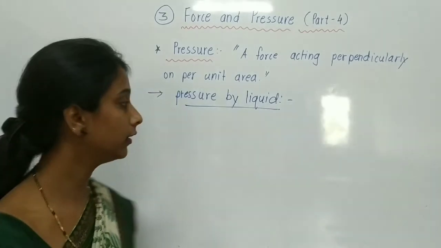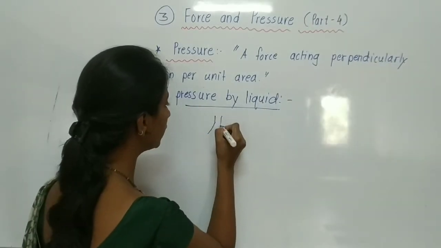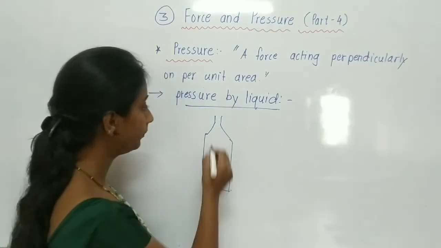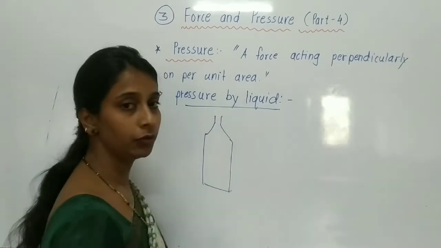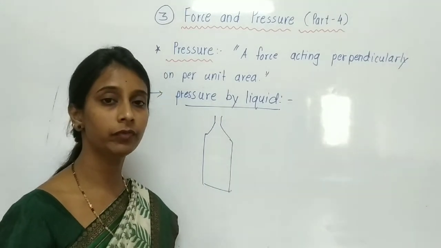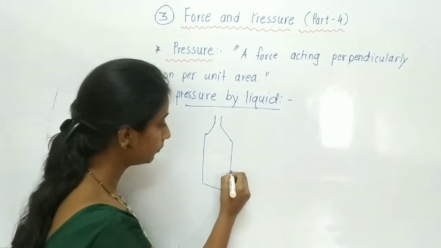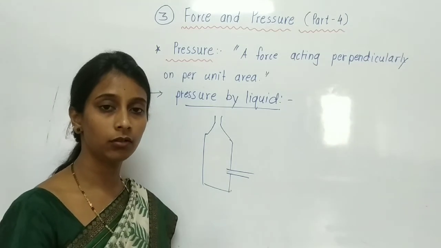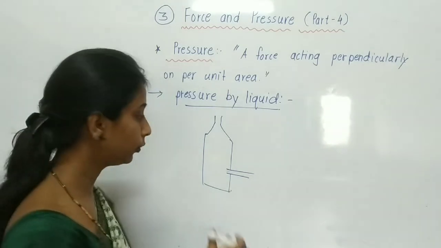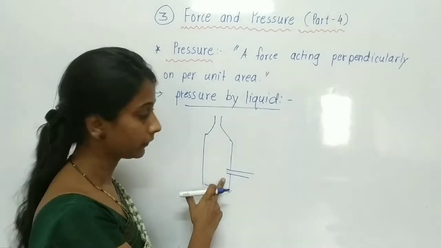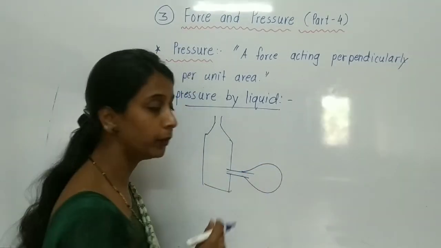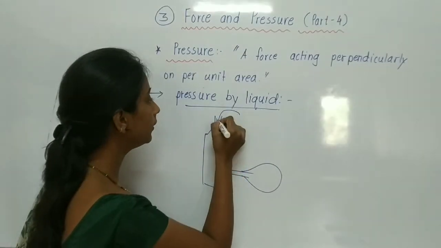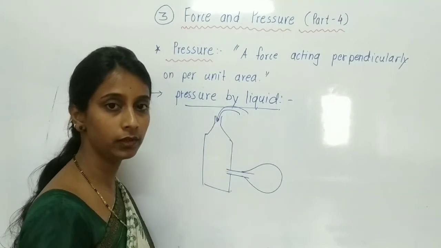We will take here one more example. Suppose this is a transparent plastic bottle, and you can perform the same activity at your home with some material. What we have to do here, after taking the bottle, is insert a glass rod or glass pipe or plastic pipe into the bottle in this way. Then tie or attach a balloon to that pipe. And start to pour water into the bottle.